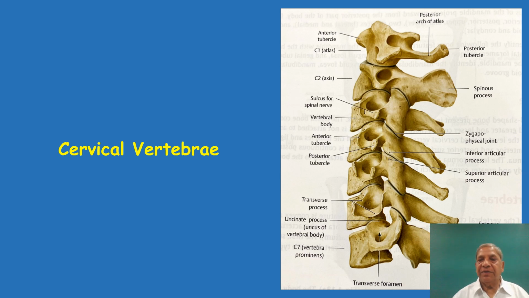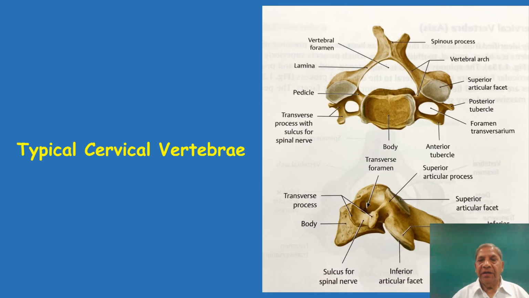Okay, then there may be a question about the typical cervical vertebrae. He may ask you, the typical cervical vertebra which are from C3 to C6, tell me the parts of a typical cervical vertebra. You tell that a typical cervical vertebra consists of 2 parts: body, where my pointer is moving, that is the body, and then the rest of the bone which is seen laterally and posteriorly is part of the neural